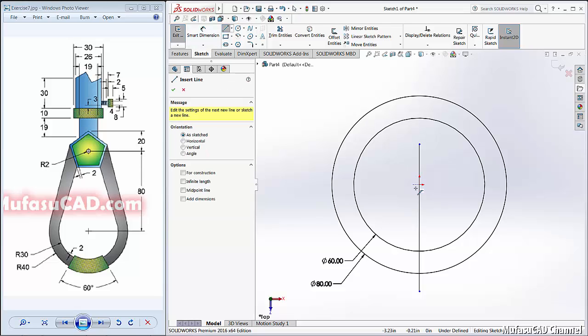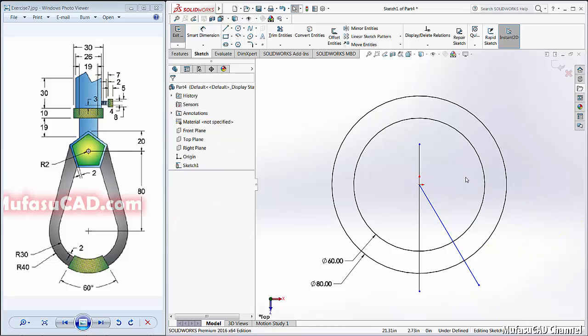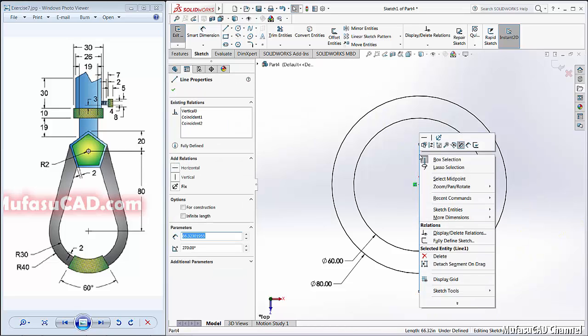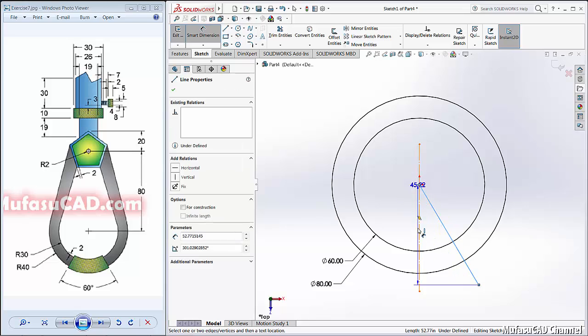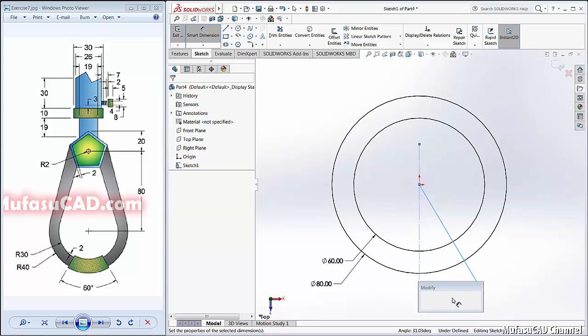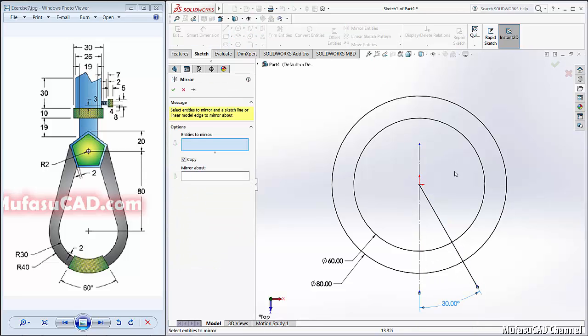and create the line again here. Okay, I will convert this line into a construction line. You can select here construction geometry, and I will give a degree for this line about 30. Use mirror entities to copy this object by using a mirror.